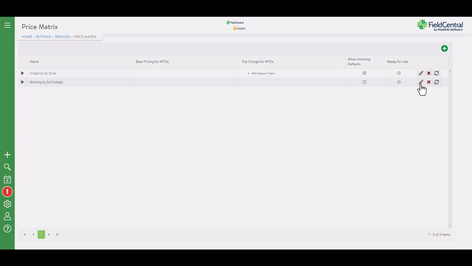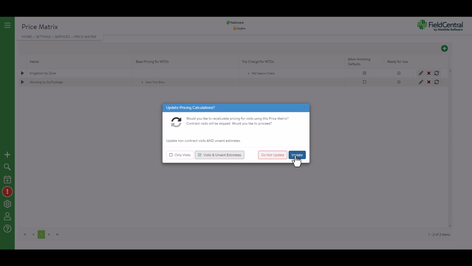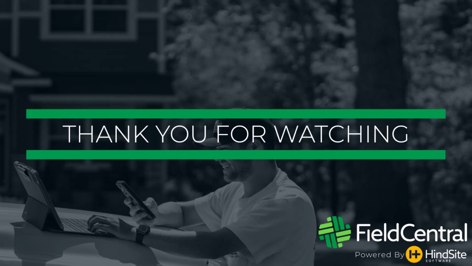We highly encourage our clients to set up and leverage this tool if they are needing a way to manage how services are priced in a scalable way that will save you time. By using the Price Matrix tool, users can mass update pricing structures and take into account modifying factors as needed. Price Matrix is the ideal tool for standardizing your pricing across your customer base.